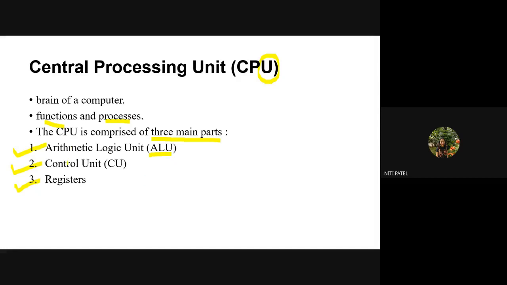Now, who is going to control this ALU? It is going to be controlled by a unit called the control unit. यूजर से डेटा मिला क्या CPU तक, CPU से ALU में गया क्या, ALU के बाद मेमोरी में स्टोर हुआ क्या, मेमोरी के बाद स्क्रीन पे डिस्प्ले हुआ क्या. So all these functions will be controlled by whom? It will be controlled by a unit called the control unit. Therefore, the name is control unit. It will control in and out, from the input to the output of the particular program.